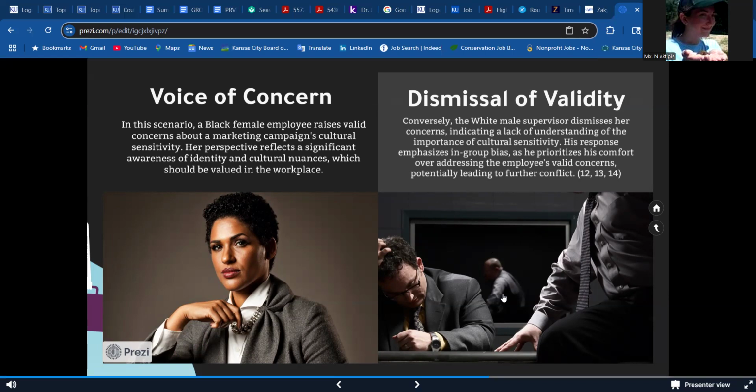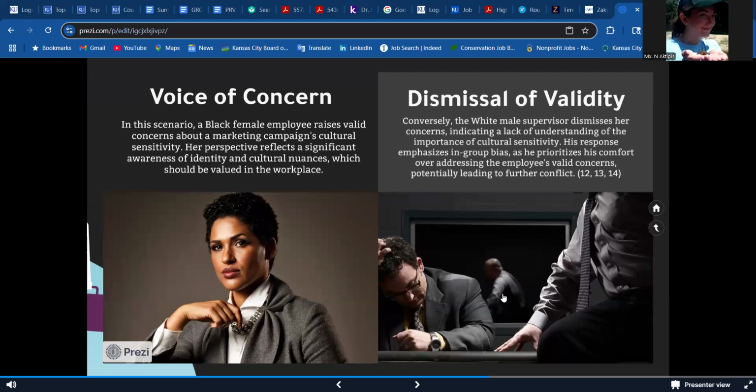So first, we have the face threat, right? The supervisor's response damages the employee's identity and integrity by dismissing her concerns, saying, oh, well, you don't know what you're talking about. You know, it's not going to be an issue, or you're not really the authority on this, or maybe who cares if you are the authority, which is not great. Secondly, there's cultural misalignment, right? The employee may come from cultural contexts that value directness and speaking truth to power. The supervisor may prioritize conflict avoidance,